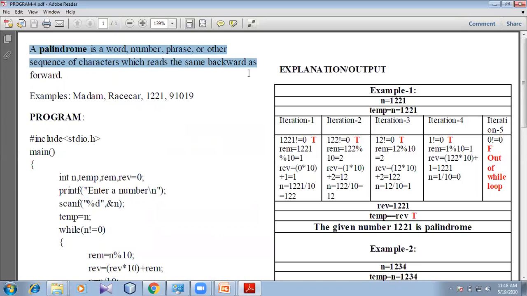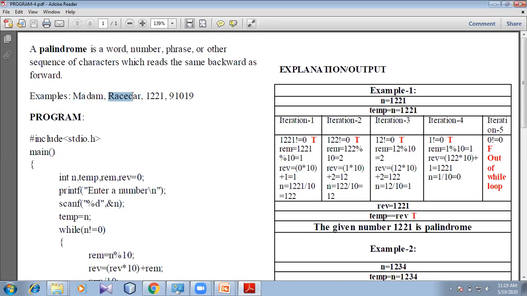That means if it reads the same backward and forward, that type of word, number, phrase, or sequence of characters, we call a palindrome. For example, madam. If you read it in the forward manner, it reads as madam, and if you start reading from the backwards, it also reads the same, madam. So we call it a palindrome.